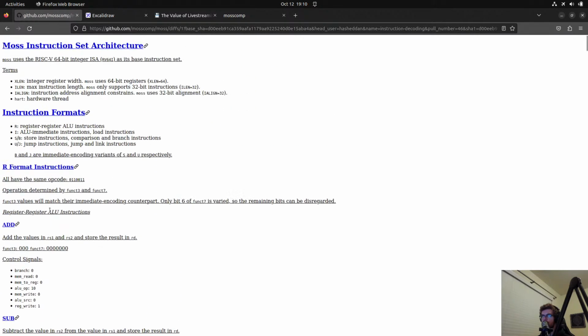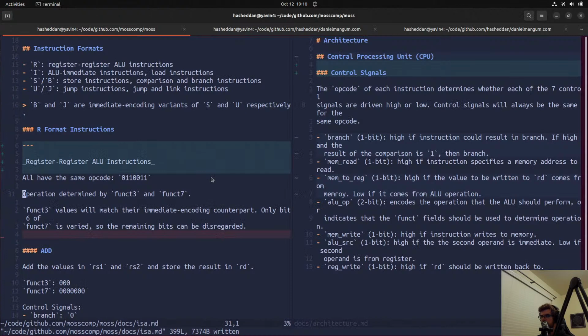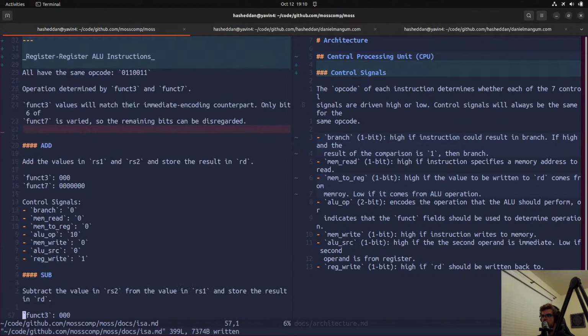The add is larger than register ALU, which I don't really love, but that's okay. But what I was going to do was take these control signals. They're the same for all of these